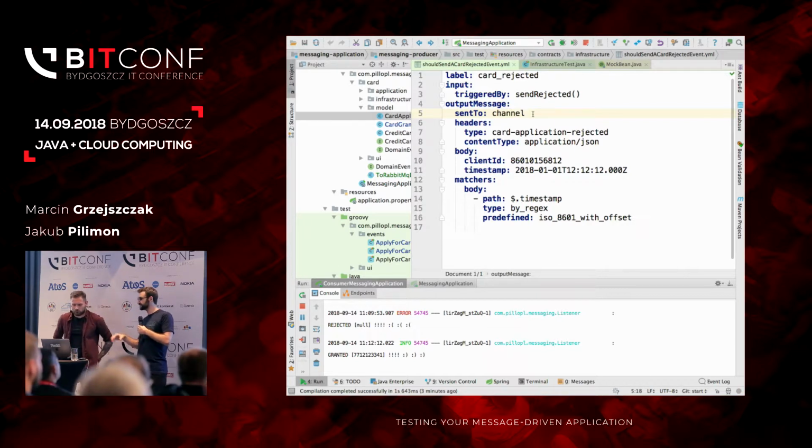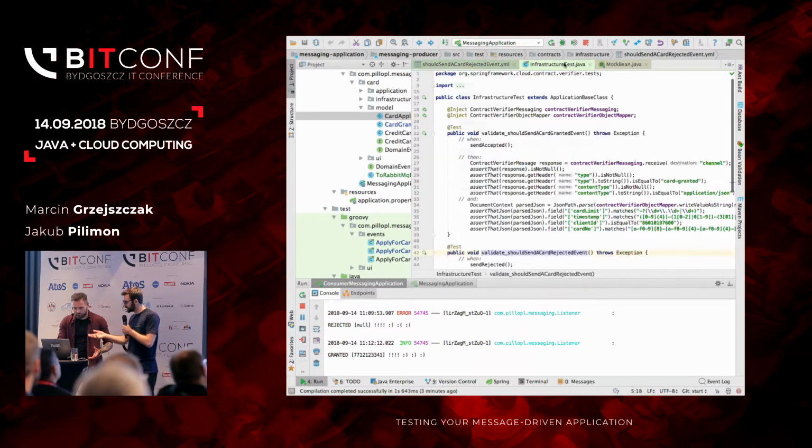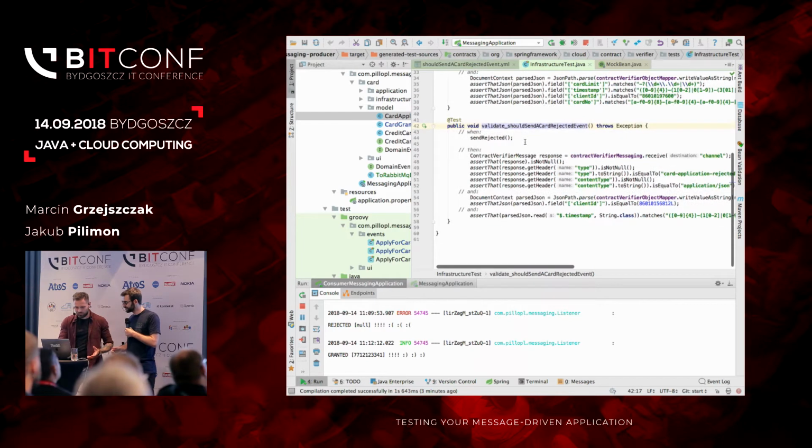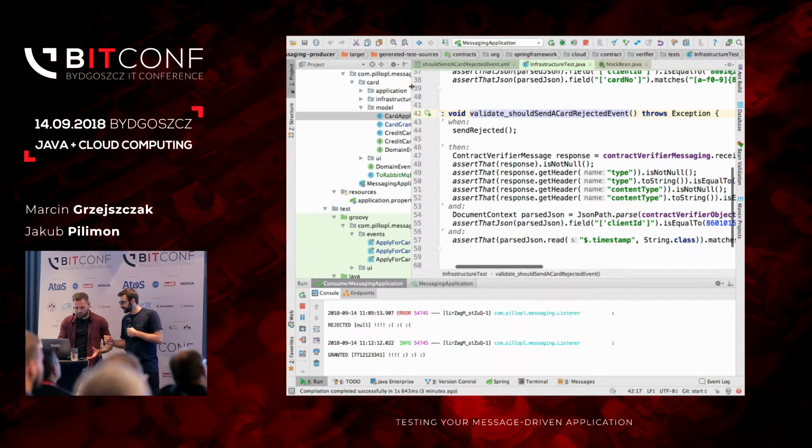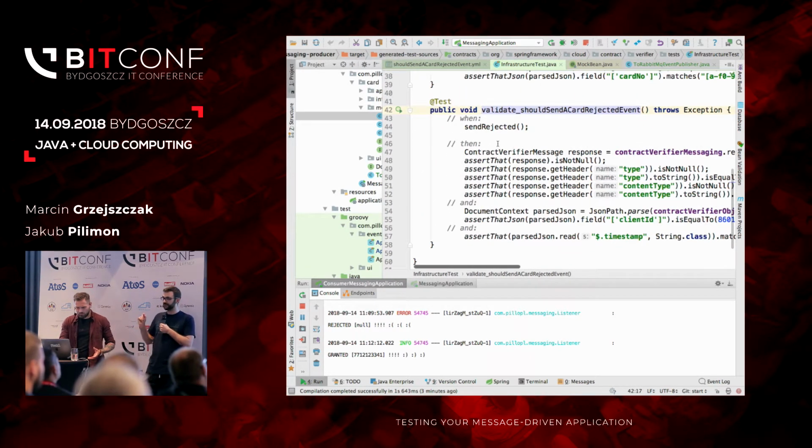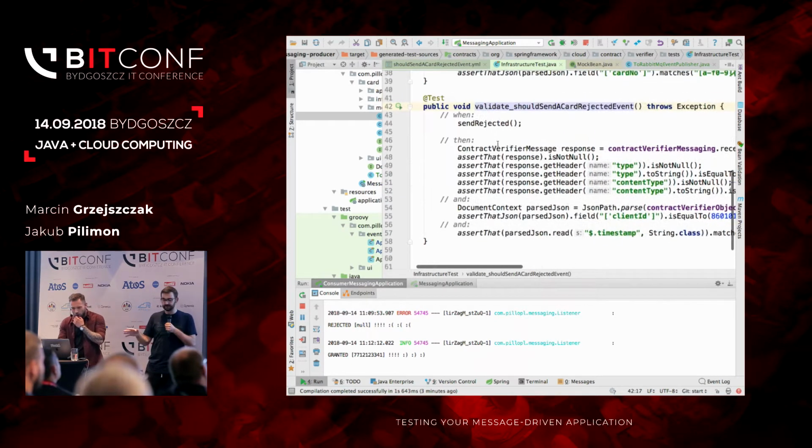So from this, because developers are lazy, and that's good. This is just YAML. Yeah, so if we wrote it in Confluence or other wiki page, it wouldn't differ at all because it's just text, right? But thanks to writing it over here and using the framework, we're generating tests to really verify if that's the case. All right. So can you show us the test? Where's the test? So it's in generated test sources. Oh, you have it there. Amazing. This test? Yeah, so this test was generated by a plugin. It's not written by a human.